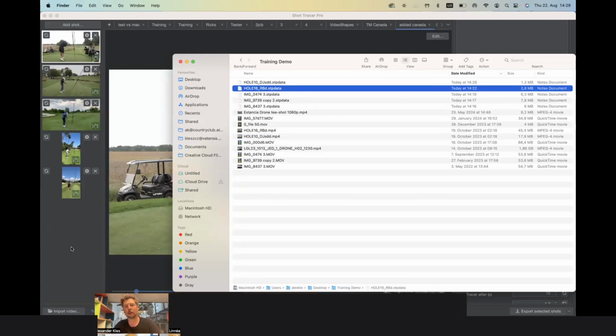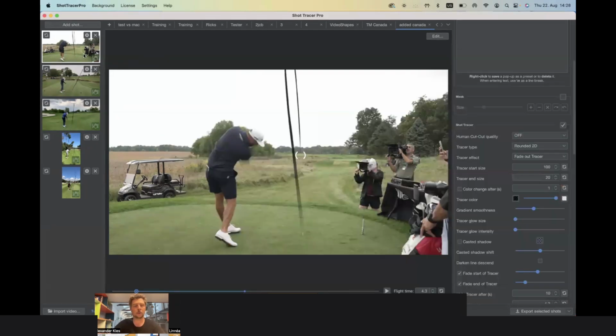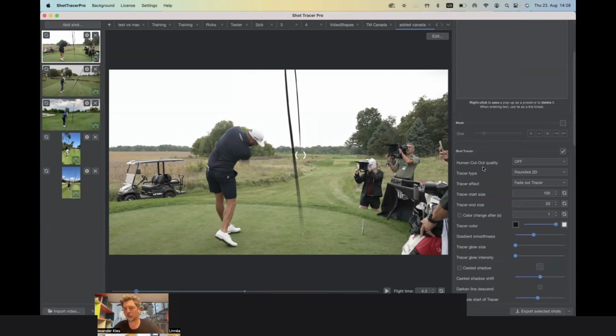But also if you, for example, have a line shape, line look and feel or color, you can just send them the video plus the STPDATA file, so they can import that into their project. And then they can take, and I'll show you how to do that in a minute, those line properties and apply them directly to all the other videos in their application, in their project. And we'll discuss this now in terms of how do we change the look and feel of a line, and how do we apply the changes of that look and feel of that line to all the other videos automatically in the project. And to do so, I'm going to discuss the different options we have in Shot Tracer,